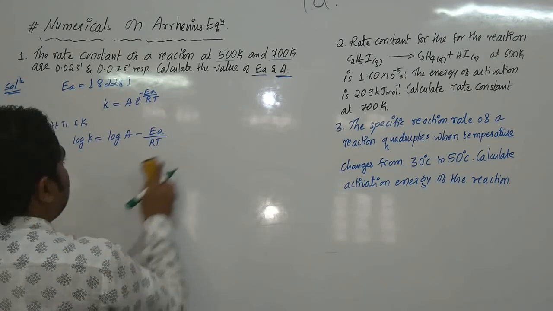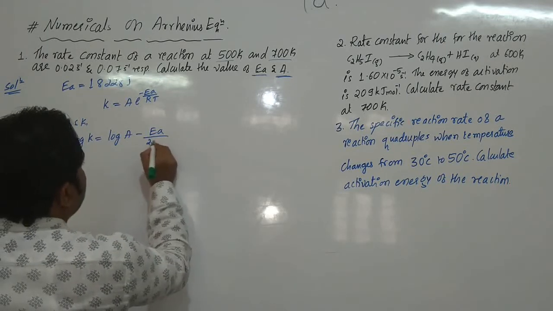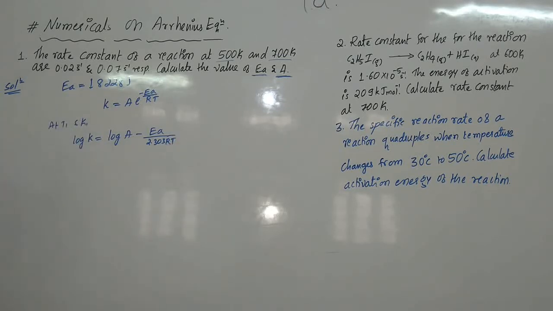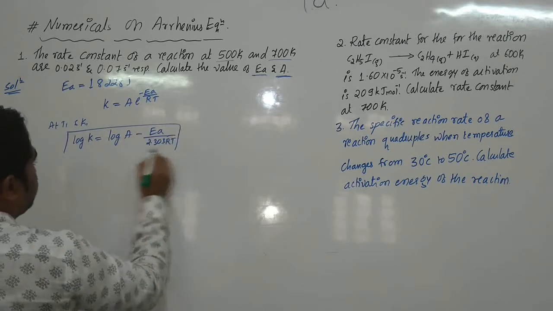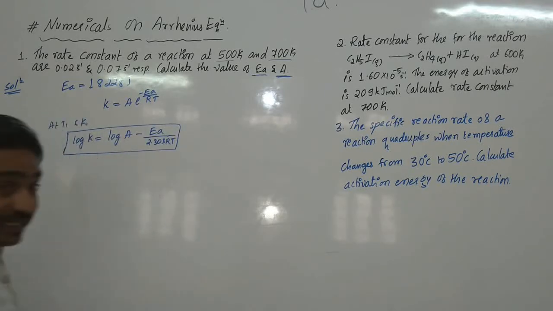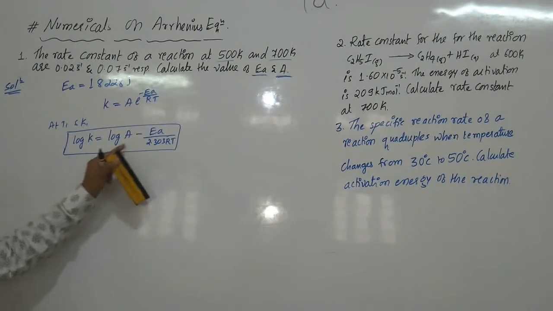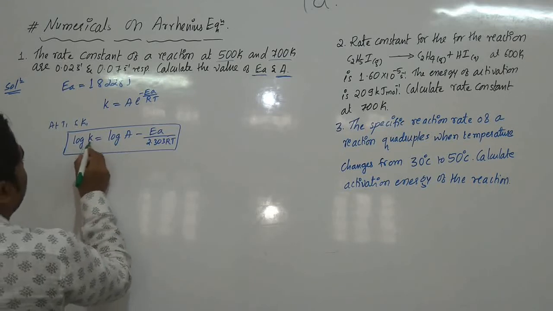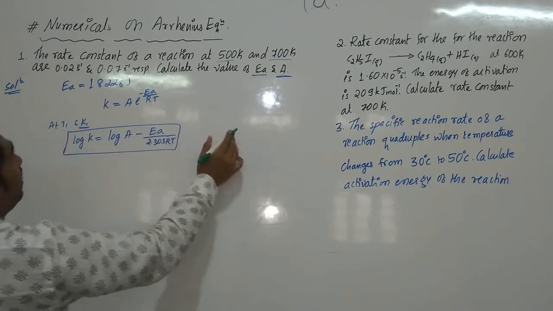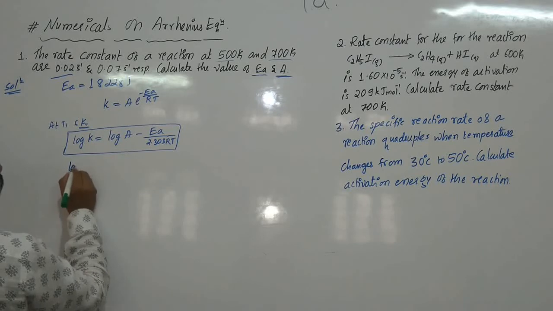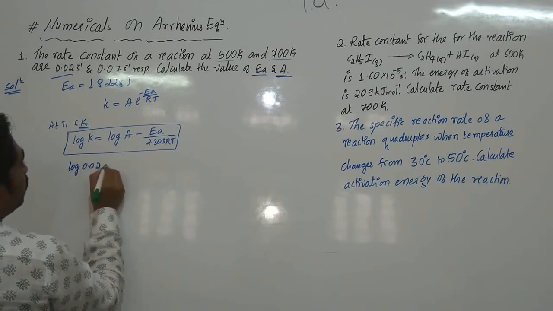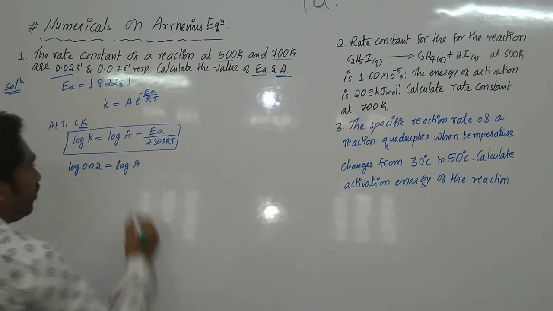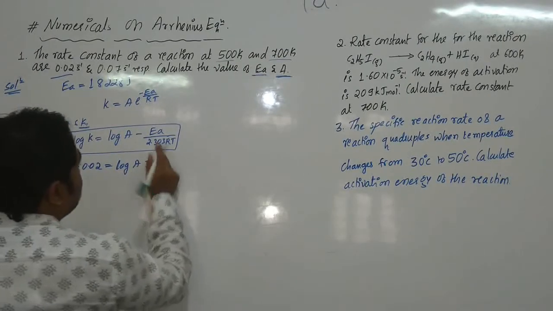Sorry, EA divided by 2.303 RT. So this is also a standard form of the equation we have derived before, isn't it? If you don't know how this equation comes, please go and watch my previous videos. So now for the log of K, I have to take K1. K1 will be how much? 0.02. So log of 0.02 is equal to log A, which I don't know because I have to calculate that only, minus EA